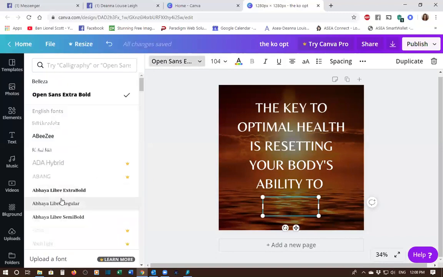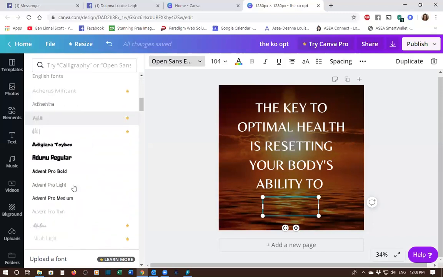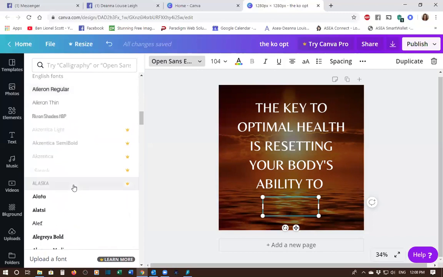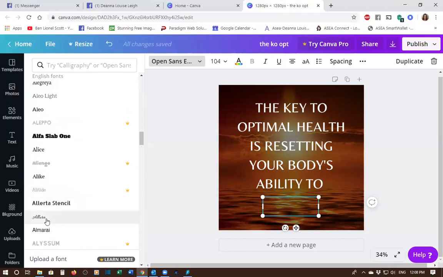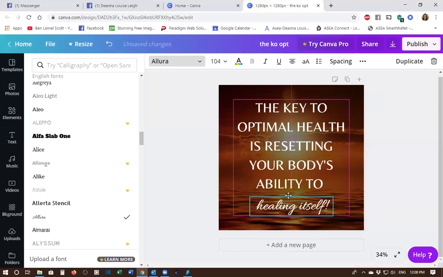And I want something a little fancier, something that will stand out. So let's do, let me see, this one. And then I don't want it in healing itself. So again, you have to stretch it and then select the box, and it will tell you when it's even to the centered and all that. This font I can't